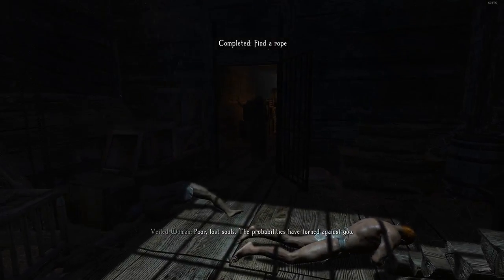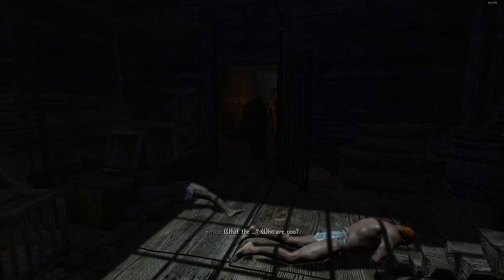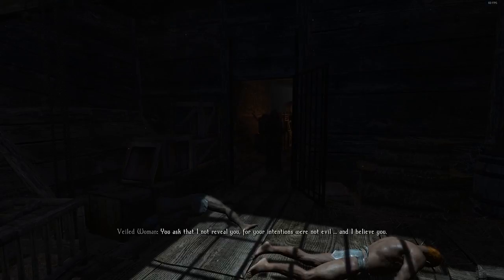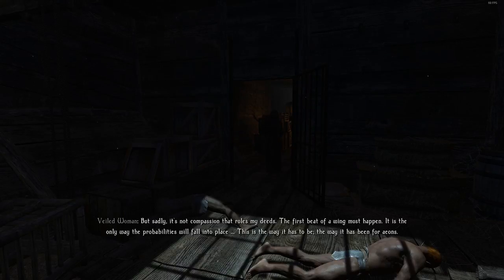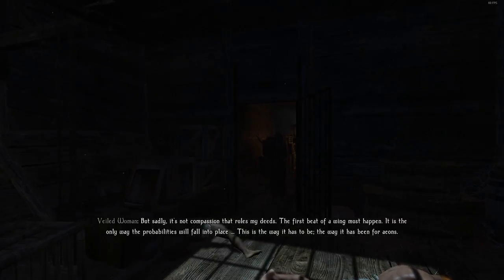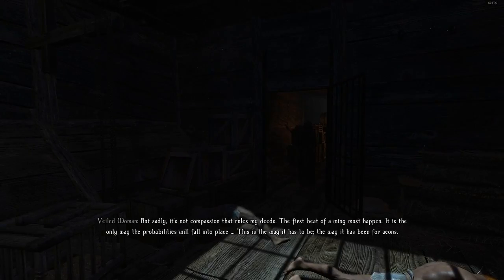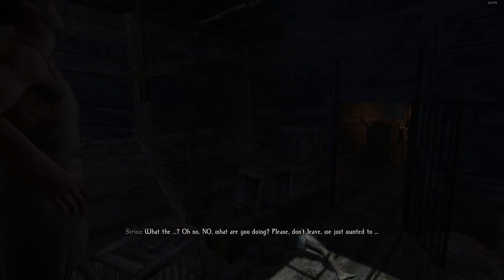Poor lost souls. The probabilities have turned against you. What the... Who are you? You are confused by my sudden appearance. But my identity is irrelevant. As are you, dear Sirius, unfortunately. What? Oh shit, please don't tell anyone we're down here, please. We didn't mean any harm. These guys were just... You ask that I not reveal you, for your intentions were not evil, and I believe you. But sadly, it's not compassion that rules my deeds. The first beat of a wing must happen. It is the only way the probabilities will fall into place. This is the way it has to be, the way it has been for eons. I am sorry. What the... Oh, no. Okay. No. What are you doing, please? Just don't leave. We just wanted to...